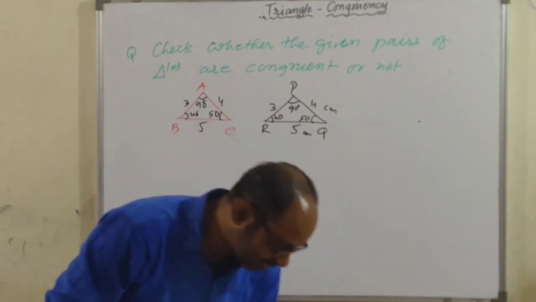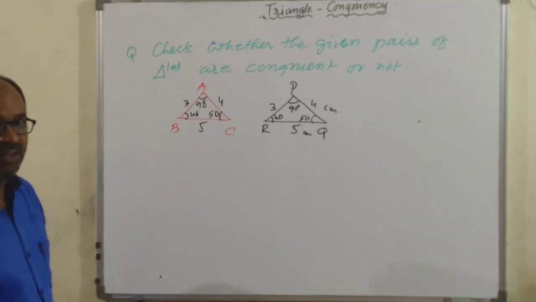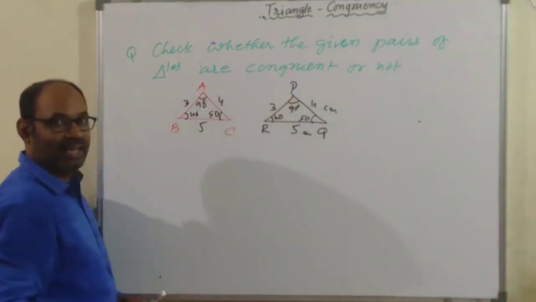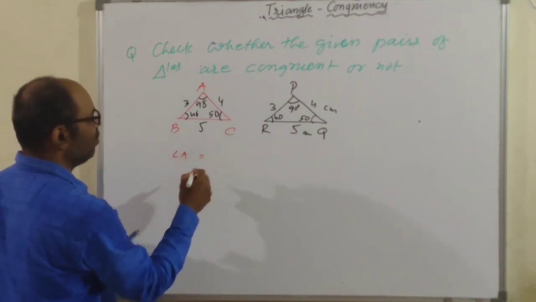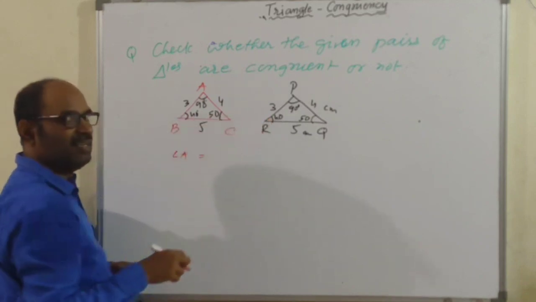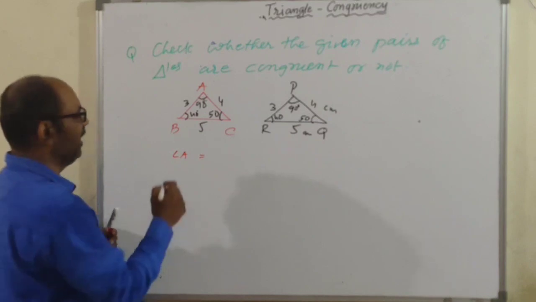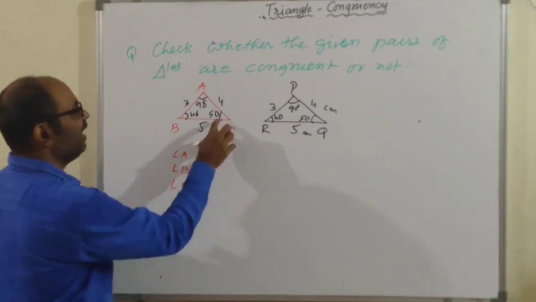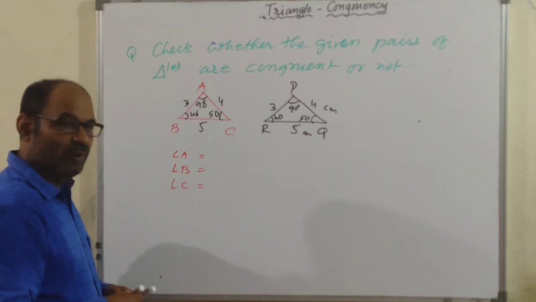Look at these two triangles given to you, children. Please. The red one and the black one. Be careful. Can you say angle A is equal to angle P? Yes. Angle A is equal to angle P. Can you say angle B equal to angle R? Yes. Because both angles have measure 40 each. So angle B is equal to angle R. And angle C equal to angle Q? Yes, because each have measure 50.